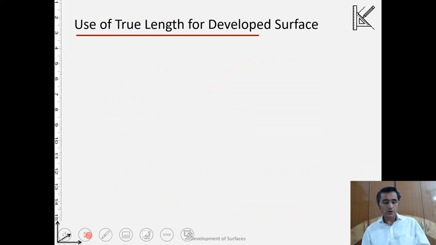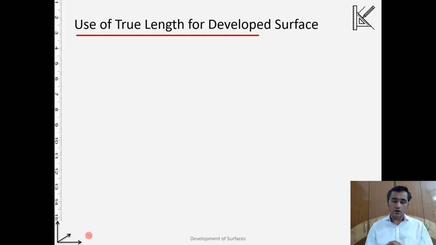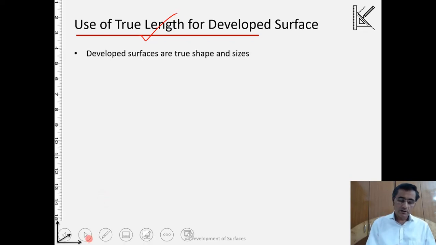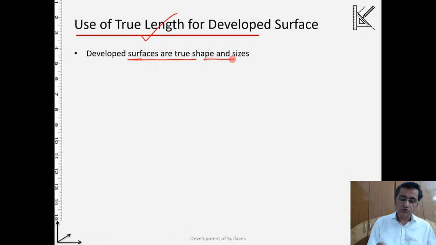Okay, so what we will do, we will start working with the development now, and we will need the true length for developed surfaces. As I said, when we develop, the developed surfaces are true shape and sizes. So always we will need the normal view.